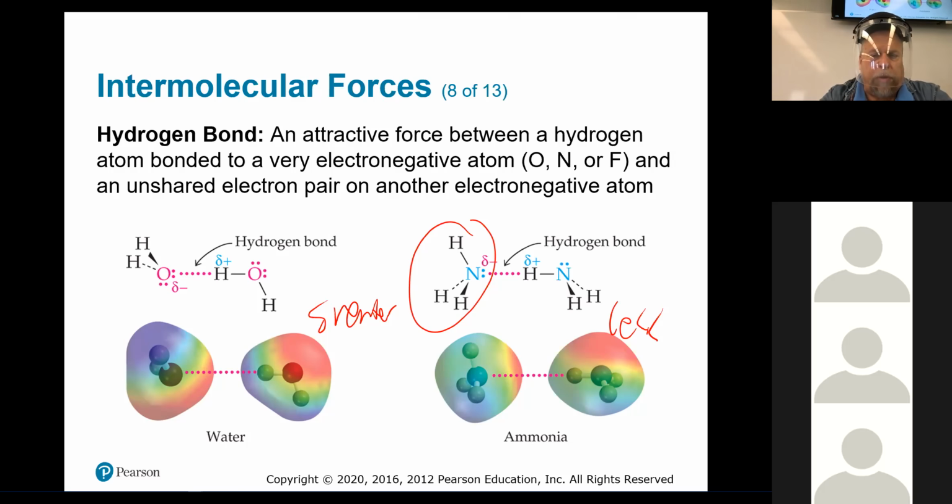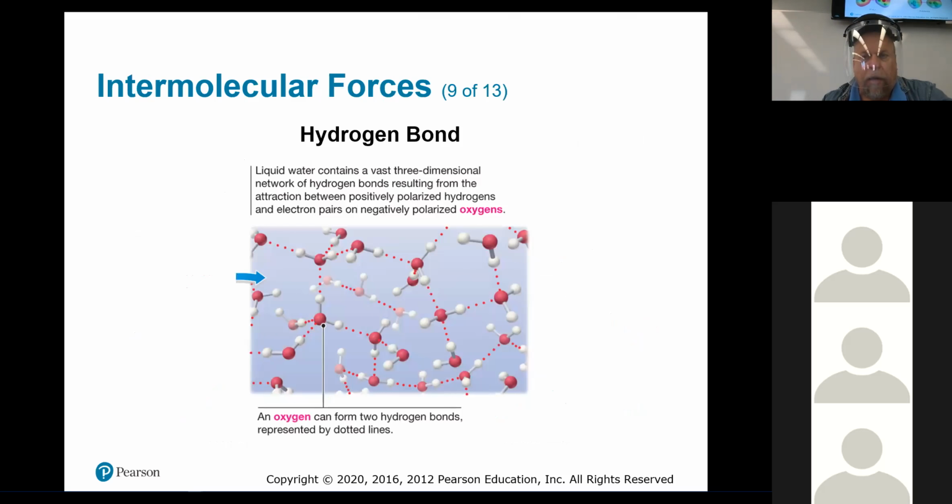Notice the similarities between water and ammonia. You've got this electron pair in ammonia, and you've got 2 electron pairs there for the oxygen. So the hydrogen bonding is going to be a little higher with that because you've got 2 electron pairs versus 1. But they can both be gases. Ammonia, if you pressurize it, is easy to liquefy also. That's what's in a lot of refrigerators, industrial refrigerators particularly.